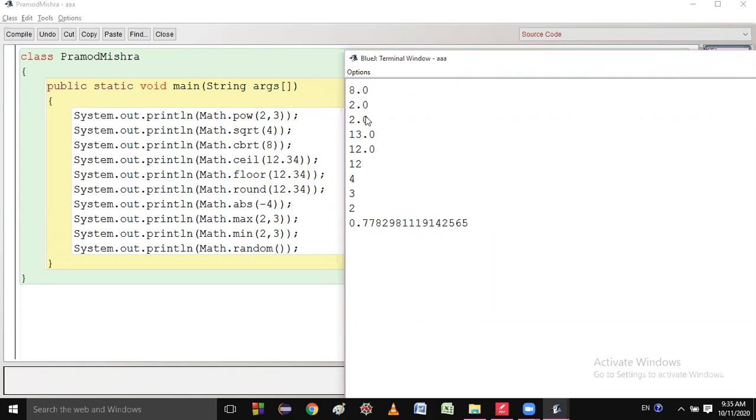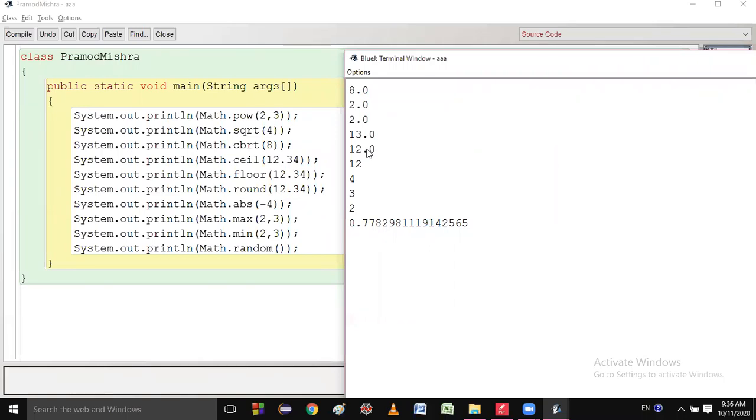Okay, next, ceil of 12.34. I said you will get 13.0. Ceil means ceiling fan. I related it with the ceiling fan, so you get the highest value.